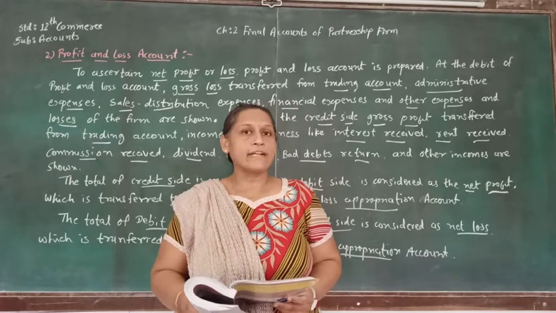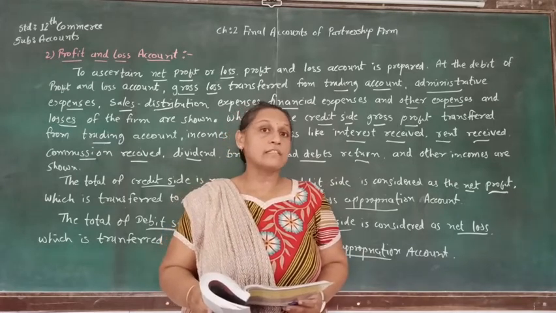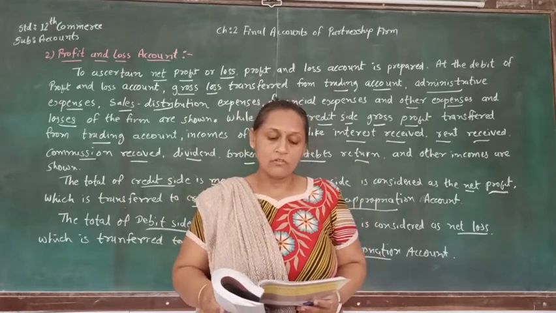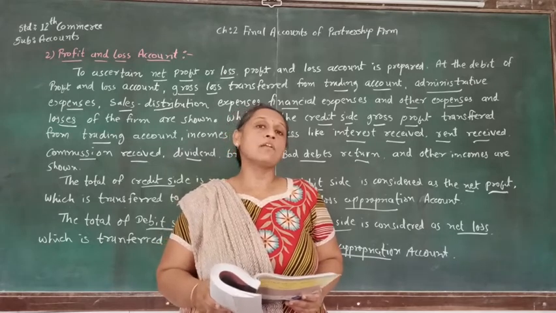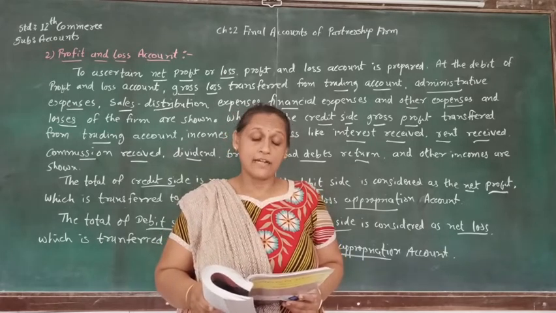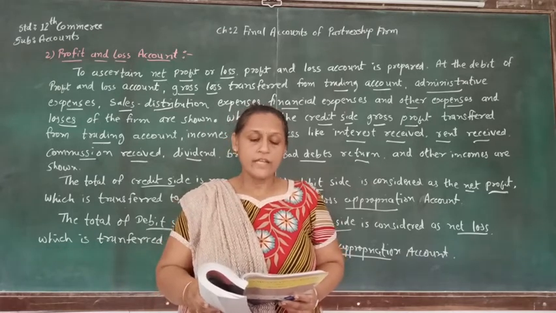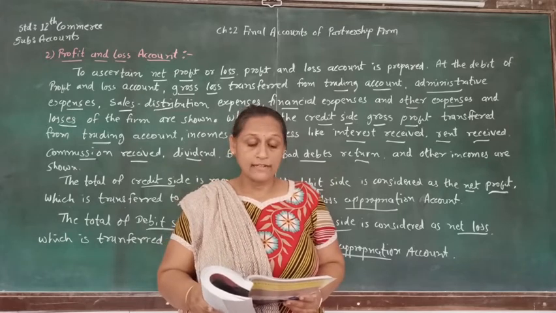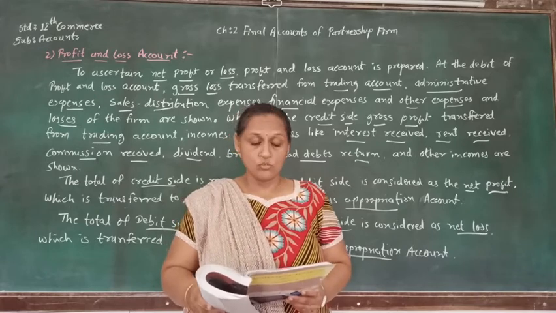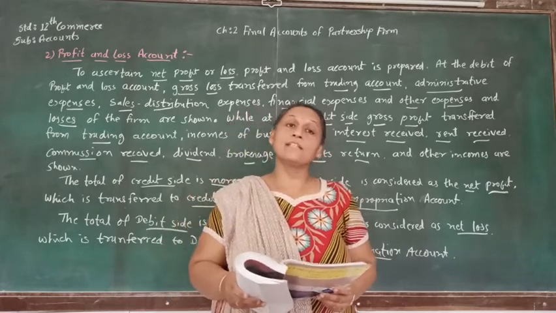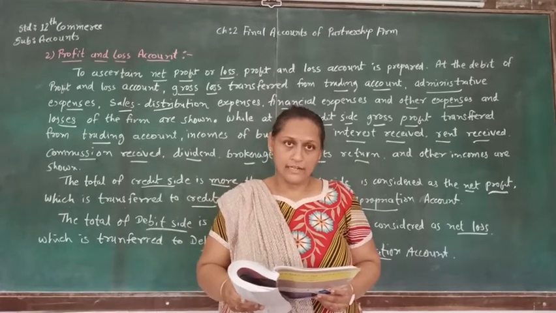Now let's come to the credit side of the profit and loss account, where the very first thing is the gross profit that is transferred from the trading account. Then all the other income that is in the business. Examples of that are discount received, rent received, commission received, brokerage received, consignment commission received, then interest on investment, interest on loan lent, bad debt recovered, profit on sale of asset and sale of old newspaper, income from scrap and sundry income. So this is how it is supposed to be written on the credit side.